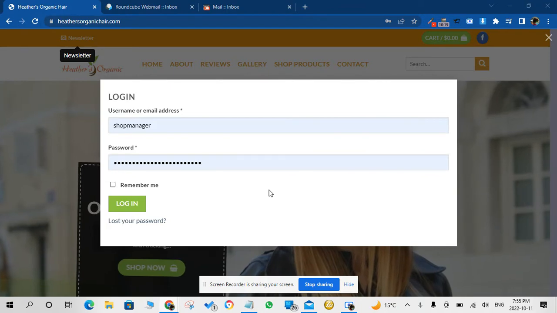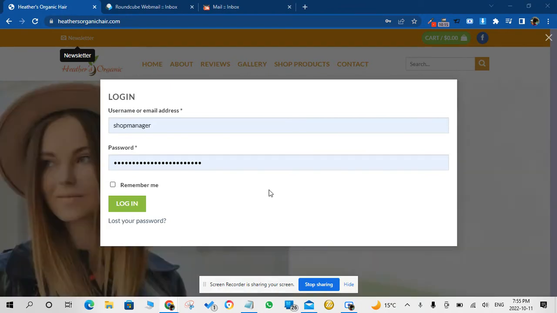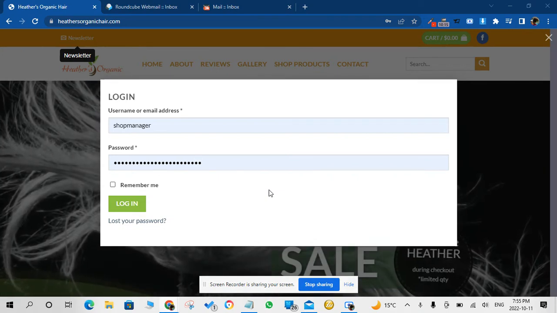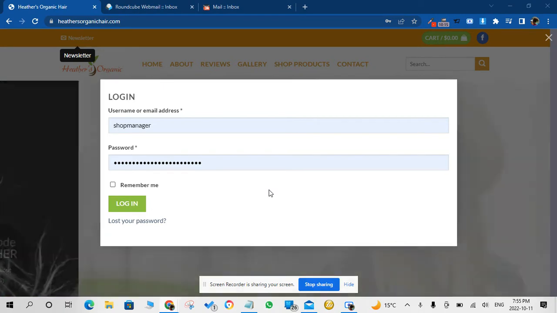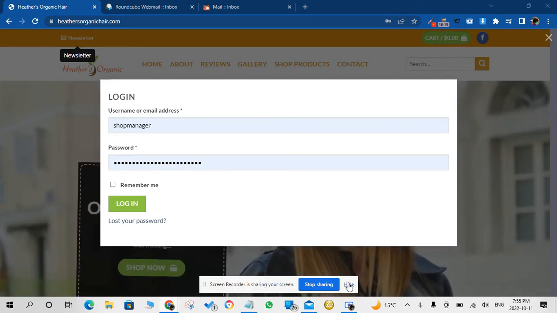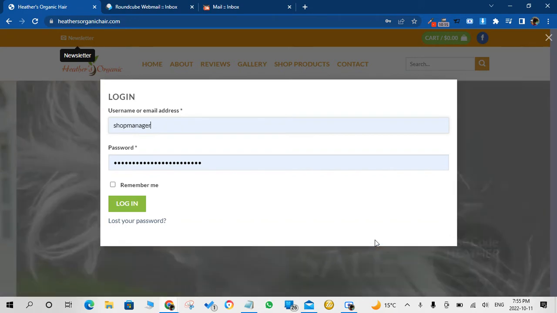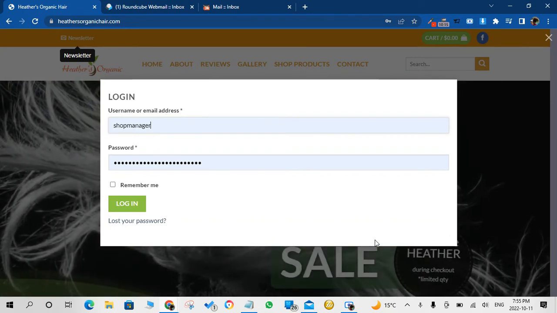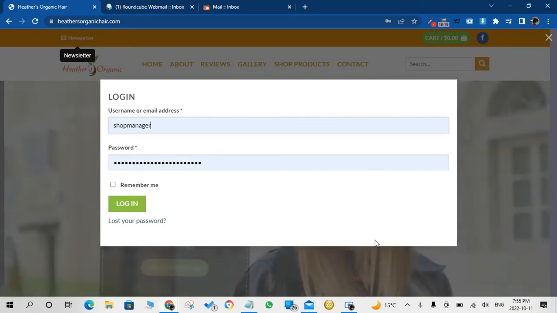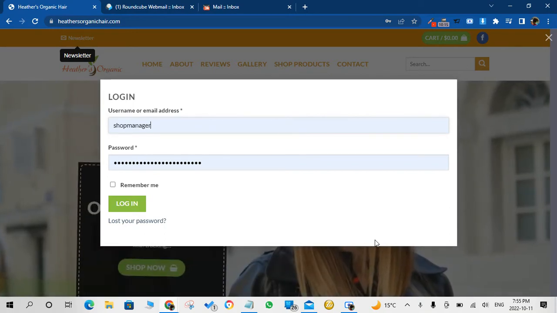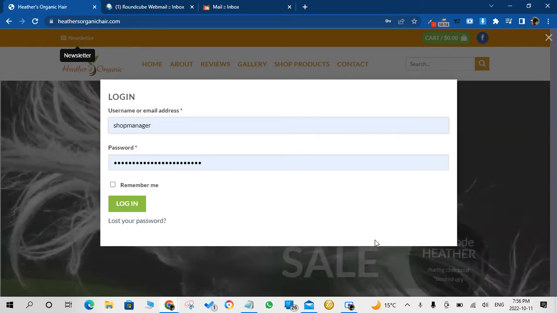In this tutorial, we'll go over a few things, including creating coupon codes for your customers and your clients to get various discounts, whether it be a percentage, a dollar value, or a completely free item. Then we'll use the coupon code to place an order as a customer, and then we'll check